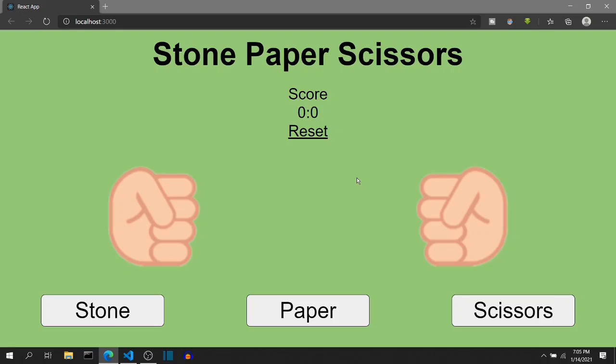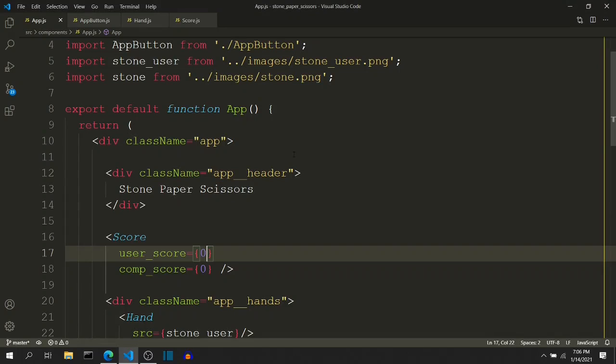React state is something that changes dynamically. So over here we can see that in our final product, we want, when we click stone, this image should change. This computer image should also change randomly, and the score should change based on the outcome. So these four components are the initial candidates for being a React state. As they are changing, we need to store that somewhere. So that is a React state. Nothing complicated in that.